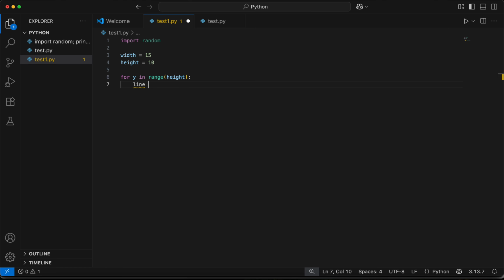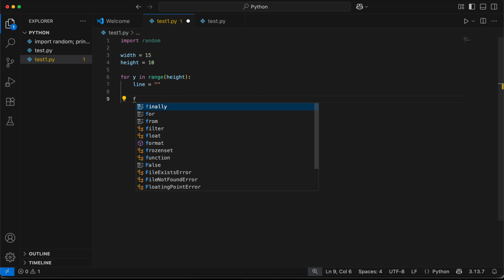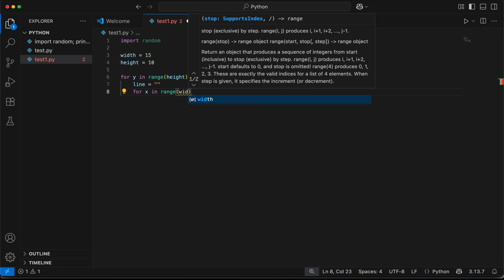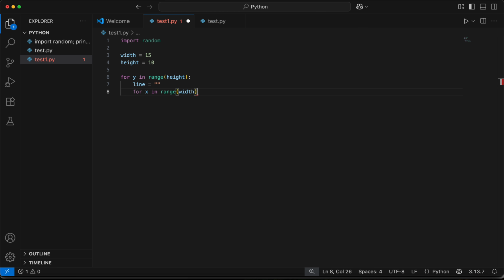line equals string. Then we write for x in range width, line plus equals string. We open it up